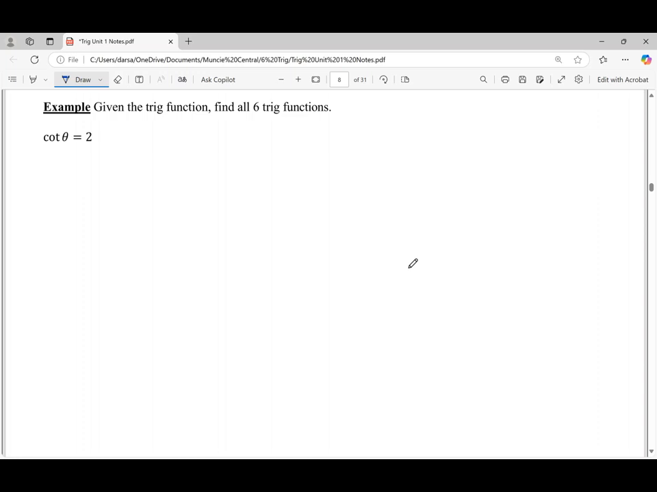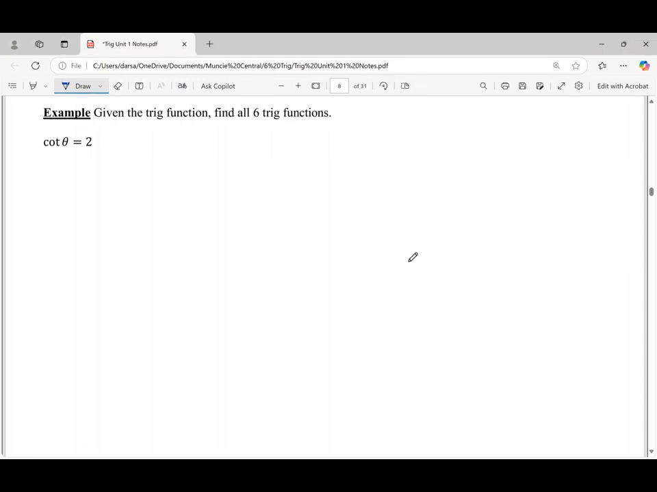If you know one of the six trigonometric functions, either sine, cosine, tangent, secant, cosecant, or cotangent, then you can actually find all of the other five. What we need to do is just think about what information cotangent of theta is telling us. Well, remember,